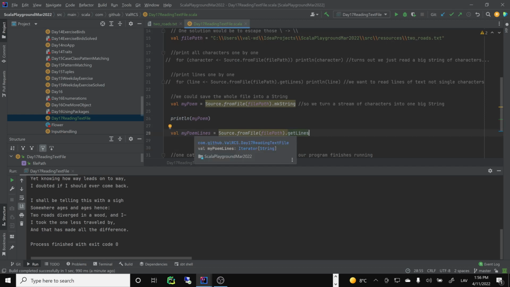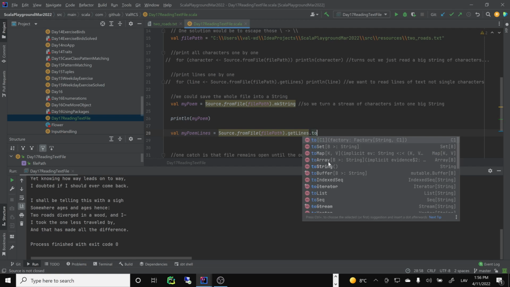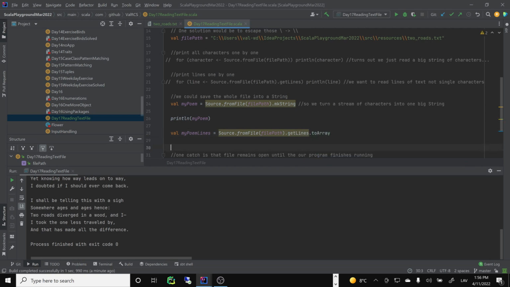What does iterator mean? Well, it's part of the sequence standard, so you probably want to go to an array, or maybe a vector or list. Probably an array would be the easiest. Let's see, can we go toArray? Yeah, I'll do toArray. Why toArray? Because I want an array of strings, because the iterator was